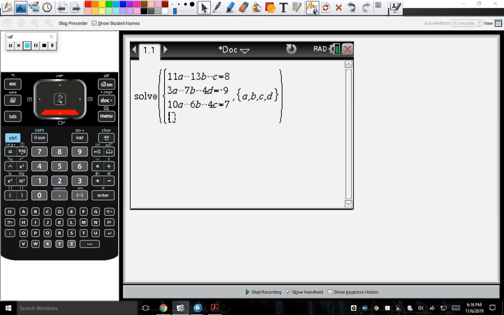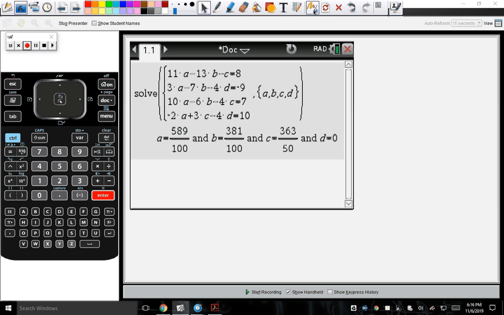And last but not least, I have a negative 2a plus 3c minus 4d is equal to 10. And it will give you all of those fractional pieces. Okay, so all your answers you just got. So I now know what A is equal to, I know what B is equal to, I know what C, and I know what D is equal to. So I can use these pieces right here that it gave me